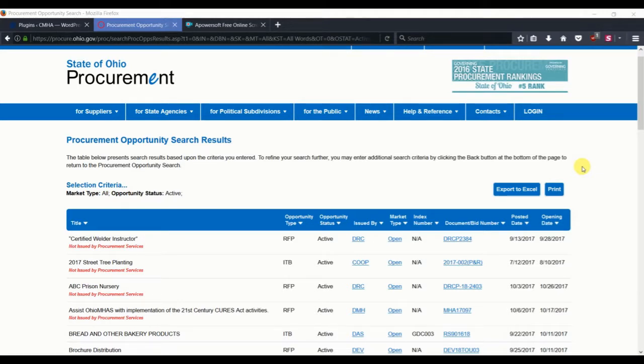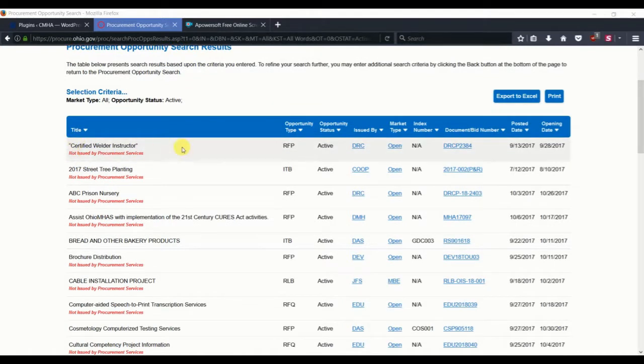So what I have pulled up is the State of Ohio procurement page. And you can see that they have their list in a table format. Ours is just going to be a simple solicitation list, but we are going to capture some of these fields, including the title, which is default to WordPress core, and then a lot of these other fields like opportunity type